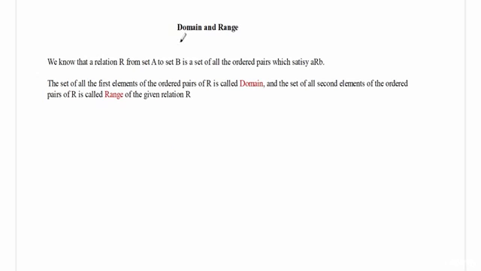Welcome to this lecture. In this lecture we will understand the domain and range of a relation. From the previous lecture we know that a relation R from set A to B is a set of all the ordered pairs which satisfy A related to B. Now the set of all the first elements of ordered pairs of R is called the domain, and the set of all the second elements of the ordered pairs of R is called the range of the given relation R. For example, if there was a set A which has elements 1, 2, 4 and 6,